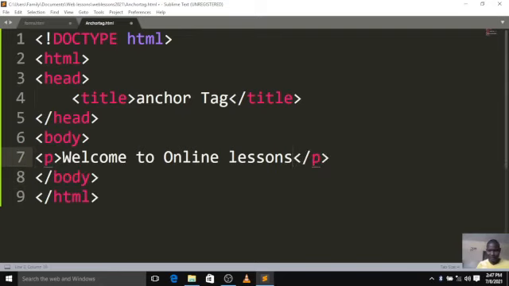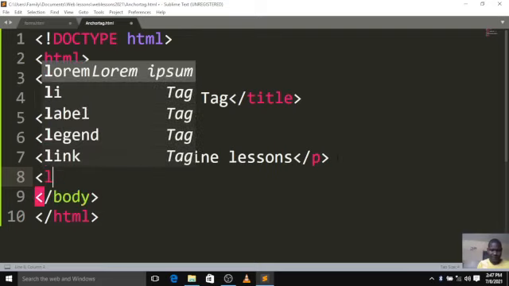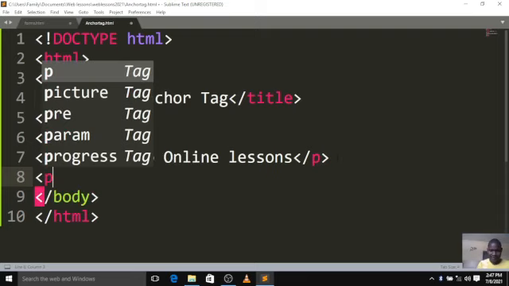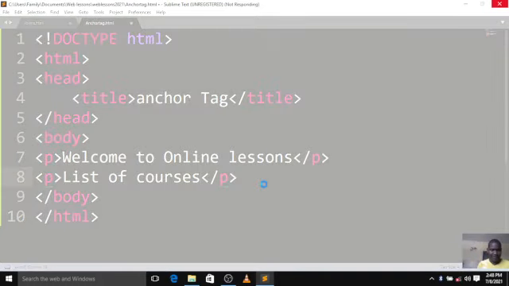Now welcome to online lessons, that's the first paragraph. Then the second paragraph that I would put here would be the course overview. Let me simply say list of courses. This is a paragraph rather. So in this paragraph I will say list of courses. Now when I save this page,